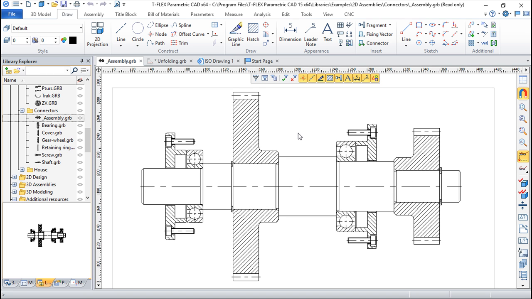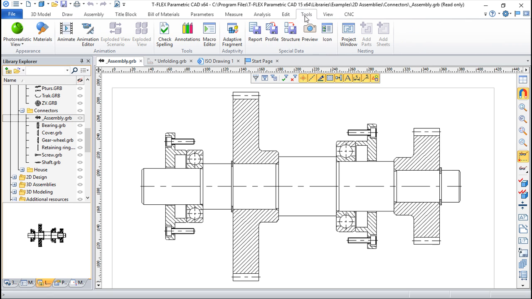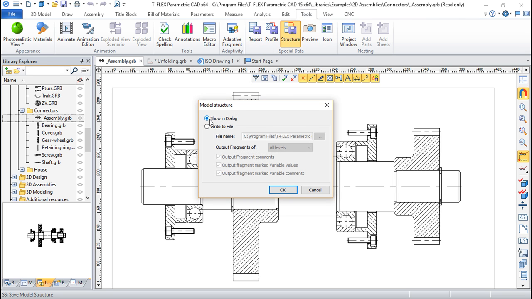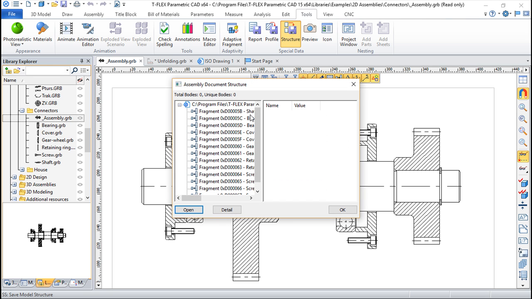The idea here is to export the general look of this assembly. Again, tools, under this group of commands, special data structure, and we can show this information in a dialog or write it down to a file, and include all of these things. Let us do it only in a dialog. So okay, and you get all of this information